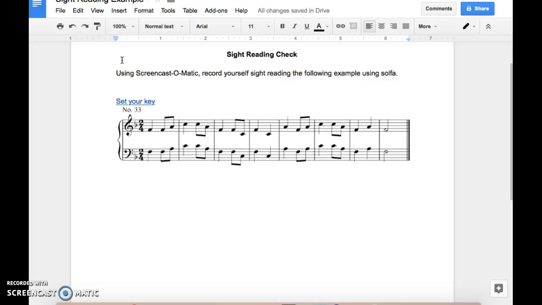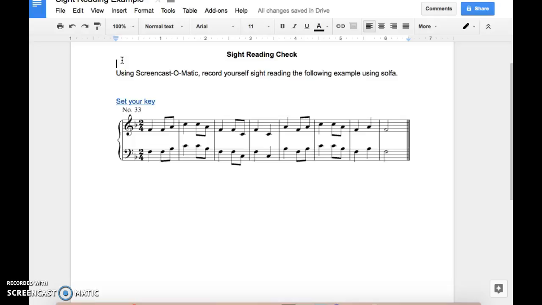In the general music classroom, if you are trying to collect data on how well a student's pitch is in singing a song, you could set this up in another room and just have students hit record, teach them how to hit record, and then save their file. And that way you could collect this data and continue teaching at the exact same time, which would be a really valuable tool. So those are a couple ideas as to how to use Screencast-O-Matic in the music classroom,